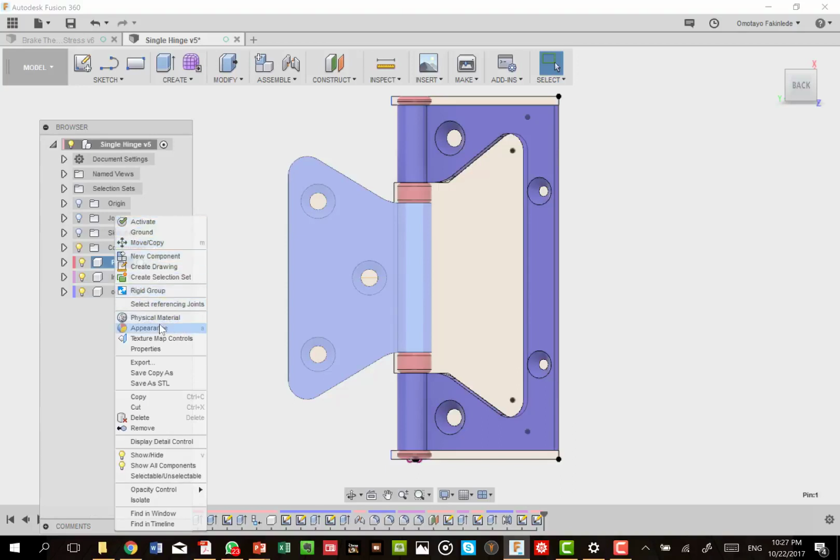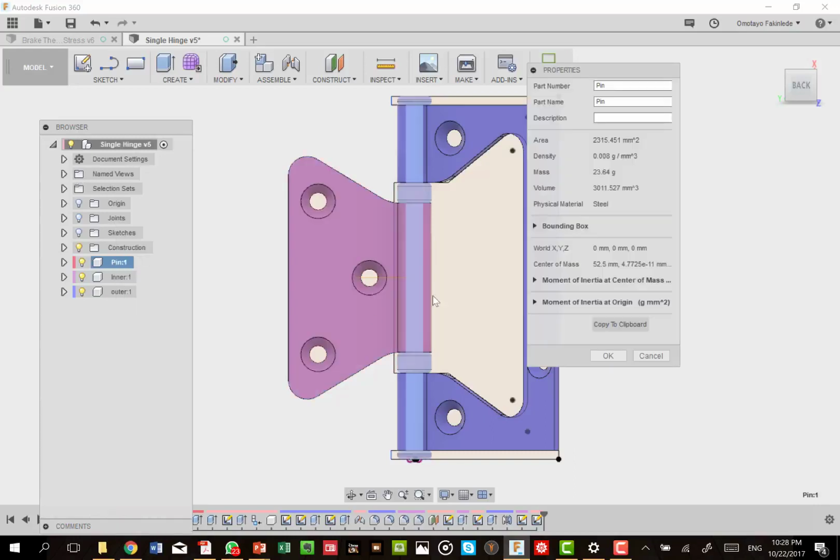Many of these you have already used when you are creating your own component yourself. But there is one here called properties. If we choose the properties, like now, we have chosen the properties of the pin.